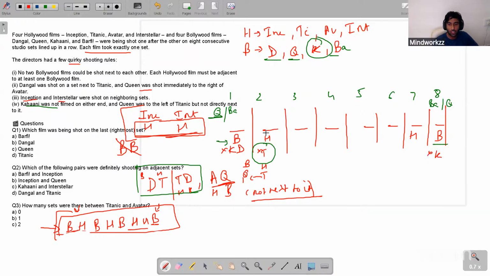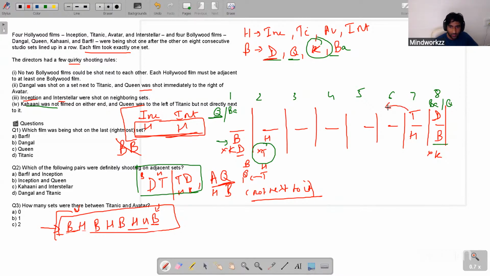Now the other option is that we also have Dangal left. We have not checked for Dangal yet. If Dangal is coming, you cannot have Titanic here. This is not possible. So the only possibility is Titanic coming here. Right. Now, if Titanic comes here, then the next clue is Queen, which is to the